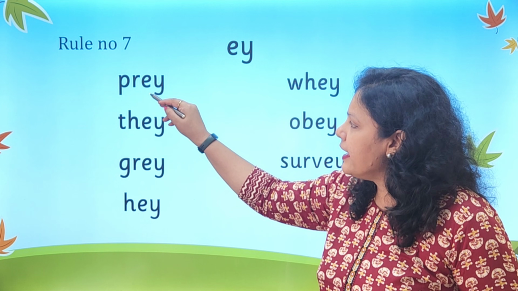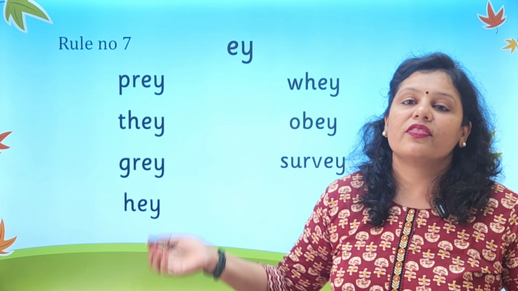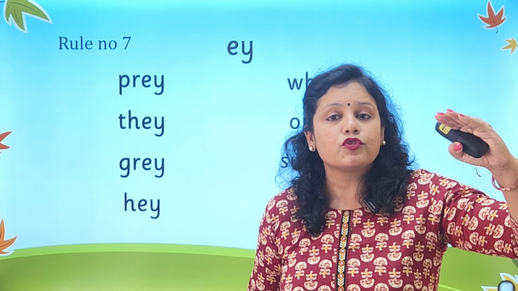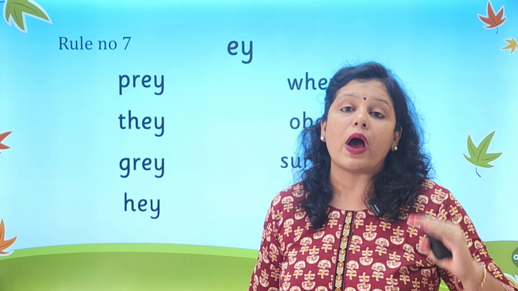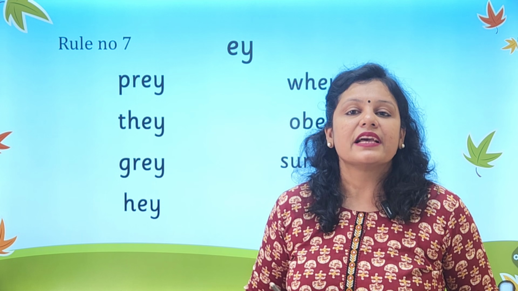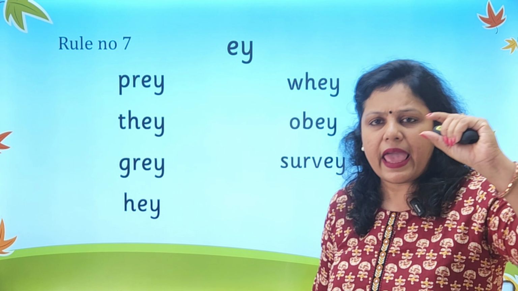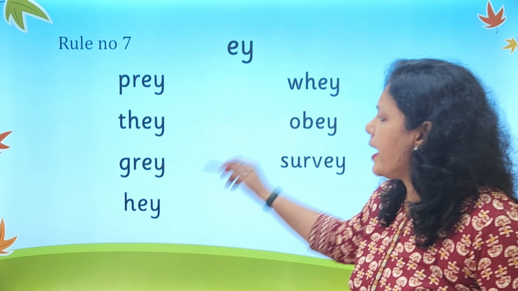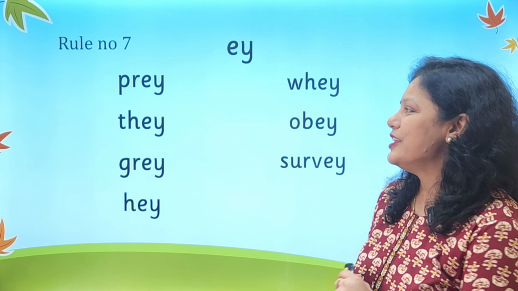What is the strategy? If we have these words where EY coming at the end is giving you the A sound, then consider them as a part of tricky words. But please remember, all those rules, all those tricks that I'm telling you, you have to give them one by one. Don't try to give them all of a sudden to the children, as they might get confused. So one by one you have to teach. First teach all the spelling rules and then one by one we have to go further with the rest of the exceptions. So here EY coming at the end will give you the A sound, but you have to teach it as a part of tricky words.